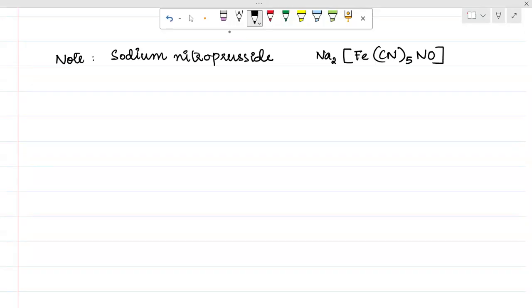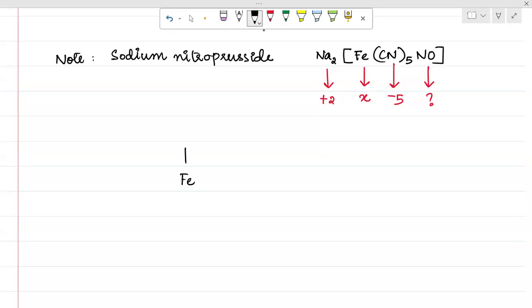Okay. So for that, let me explain. Sodium is plus 1. There are 2 sodium counter ions, so this is going to be plus 2. Iron, you don't know, X. CN exists as CN minus, cyanide ion, so this is minus 1 into 5, minus 5. NO, you don't know whether it is linear or bent. It can be plus, it can be minus. If it is linear, it is plus. If it is bent, it is minus. Correct. So if you look at the structure,